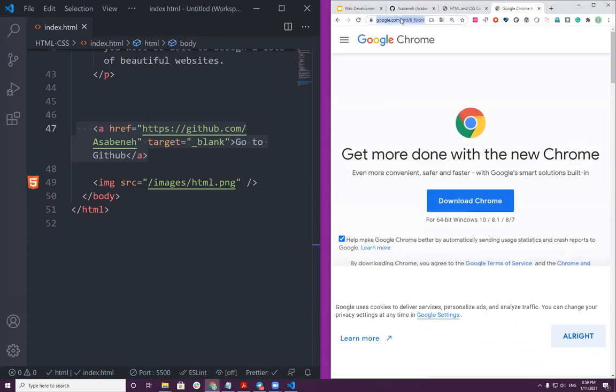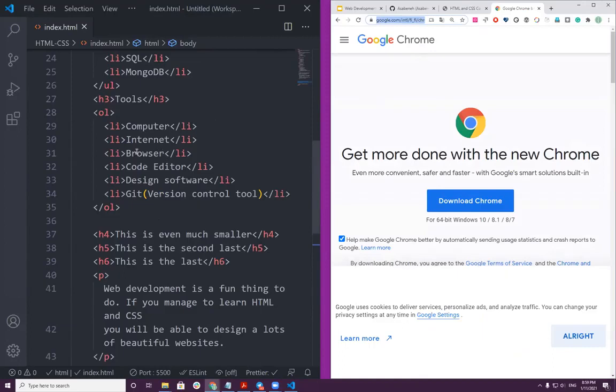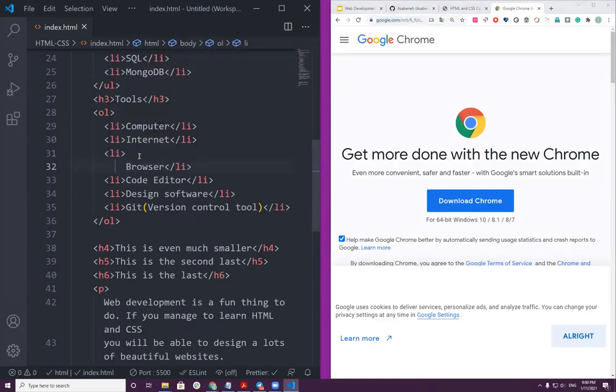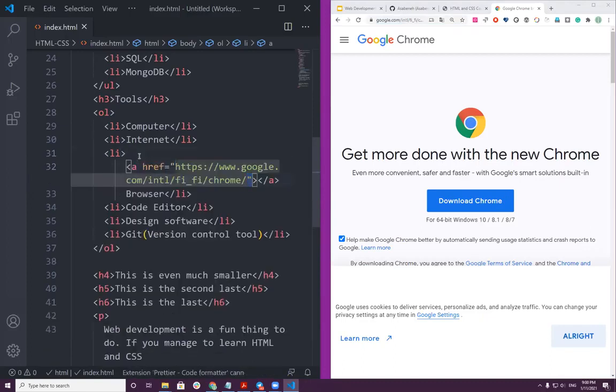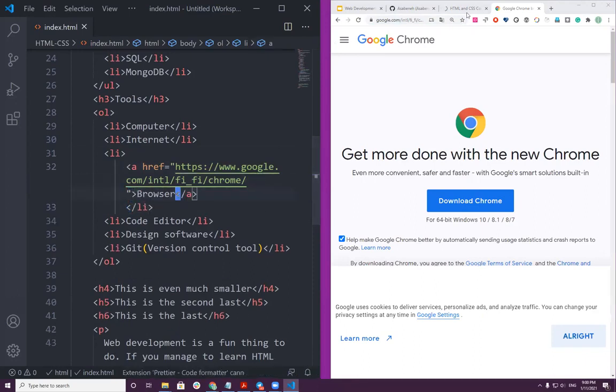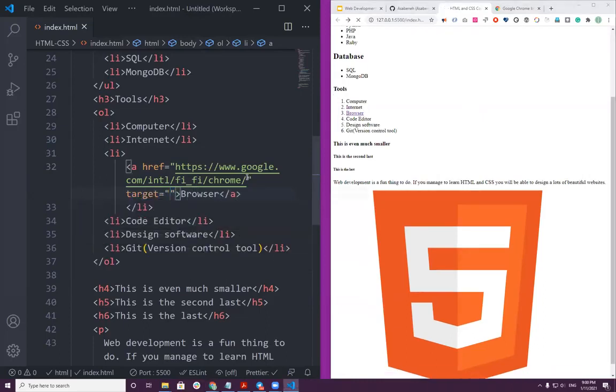Then I go here, copy, and I want to link this one. So how do you make a link? As I told you, first you have to have a link and then put it here, and then this text will be inside here. Now, if you see it, by clicking, you can go to that. And in addition, target